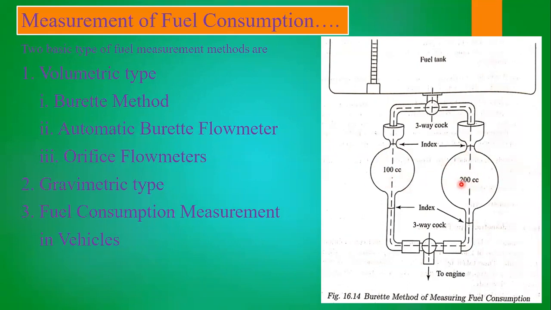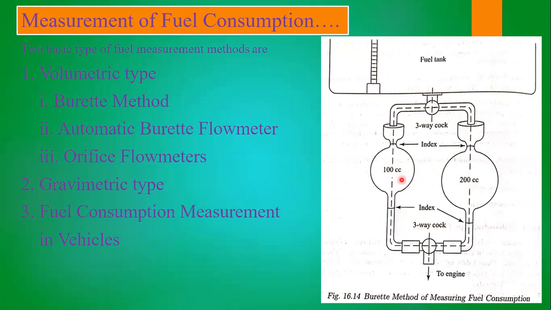So that predicts that whatever the volume is, half of the volume of fuel within the bulb should be consumed in half the time. Otherwise, whatever readings we have taken are going to be a waste, because there may be some errors. So for confirmation, we use two bulbs of two different but known quantities, like 100 cc and 200 cc.